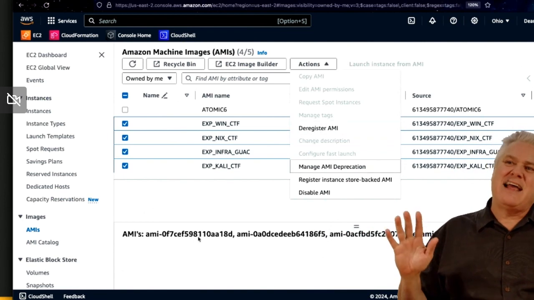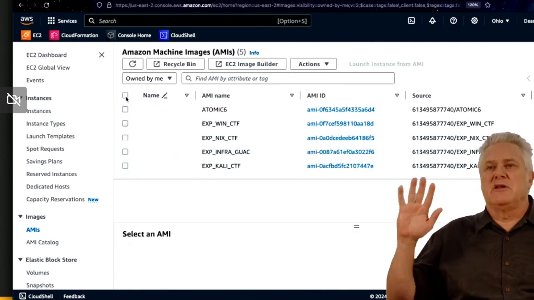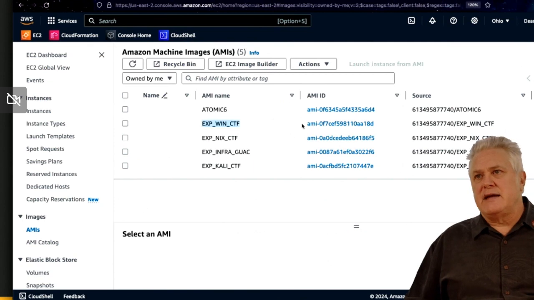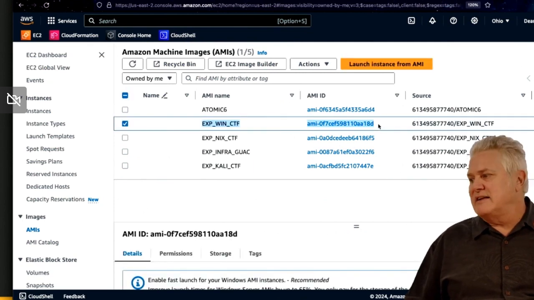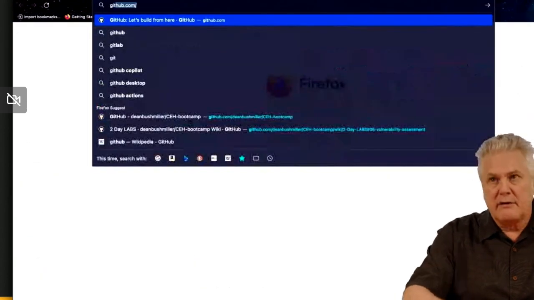You go, well, Dean, I kind of want to do my lab a little bit later on. It's probably going to be a little bit later on this week. You already have your instance names and your AMI IDs already locally. So if we go over and look at the GitHub,